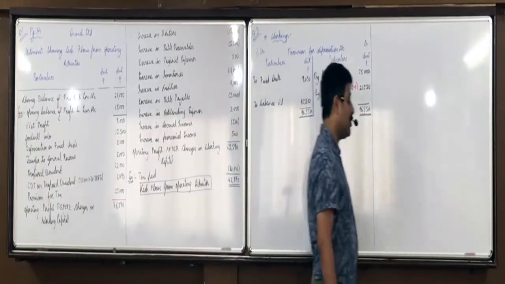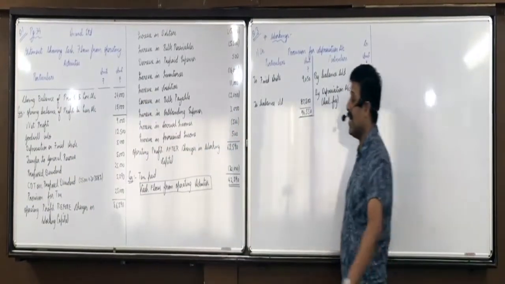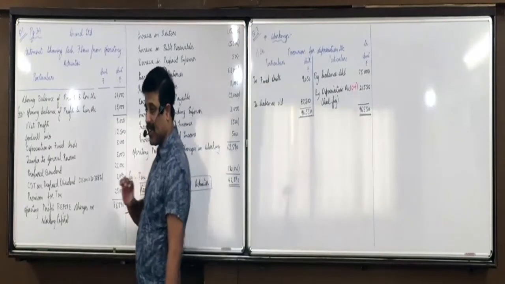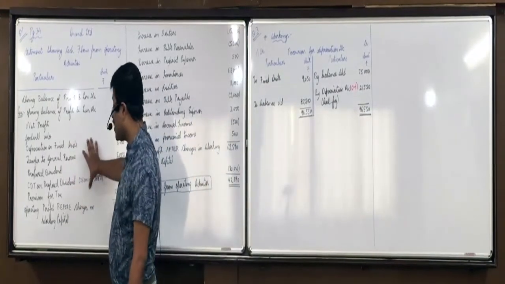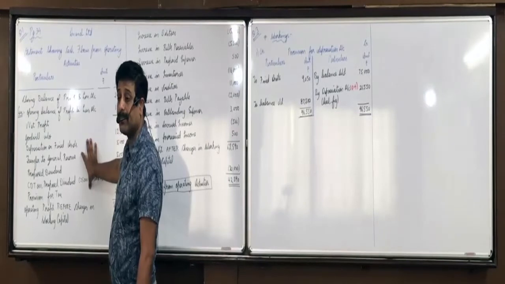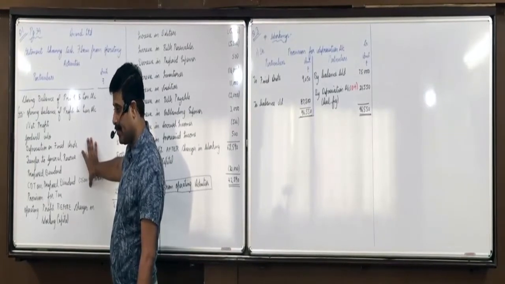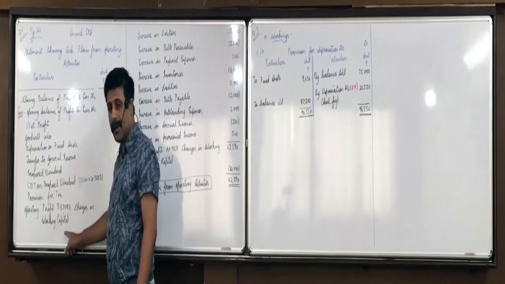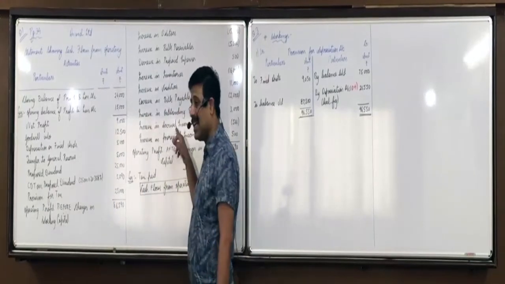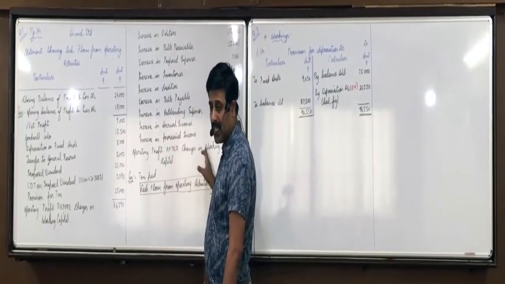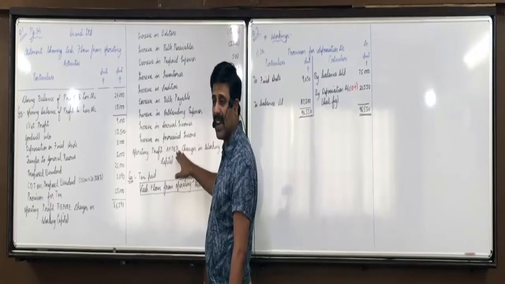Stepwise you must know what is to be done, as I said to you. First, listen everyone, you will take O plus O minus items except CA and CL. You will get the figure before changes in working capital. Then you will take CA, CL items and you will get the figure after changes. But here, after changes itself is your final answer.